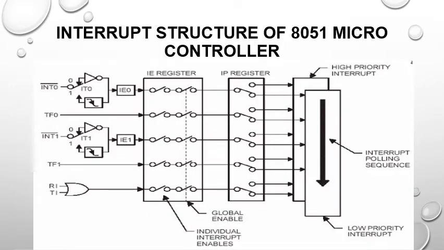Let us see the interrupt structure of the 8051 microcontroller. Upon reset, all the interrupts are disabled, and therefore all these interrupts must be enabled by software. Of all these 5 interrupts, if any one or all are activated, this sets the corresponding interrupt flag as shown in the figure. All these interrupts can be set or cleared by bits in a special function register, that is, the interrupt enable register, and this in turn depends on the priority, which is set by the interrupt priority register.